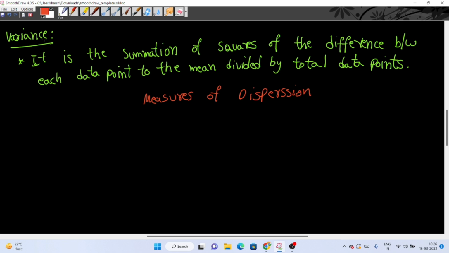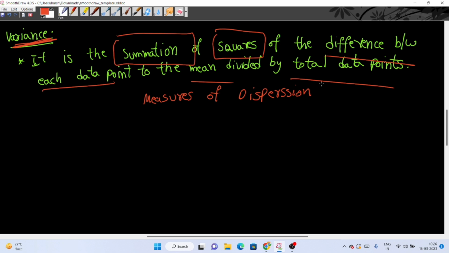So let us see the definition of variance. First of all, I will explain the definition of variance, and further I will implement a problem and explain it in more detail. Basically it is the summation of squares of the difference between each data point and the mean, divided by the total number of data points. This is called variance. And now let us understand why we use variance. We use variance to understand the